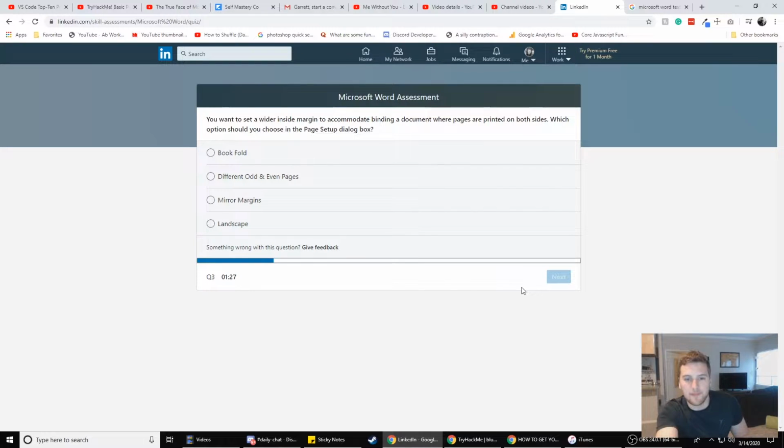Anyway, you want to set a wider inside margin to accommodate binding a document where pages are printed on both sides. Which option should you choose in the page setup dialog box? Sorry, I read that like a 3rd grader. I just don't want to go too fast and trip over my words. So it's not landscape because that would just change the printer from printing this way to this way. Bookfold,